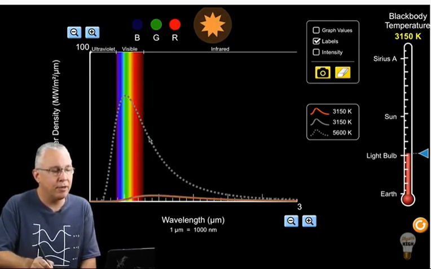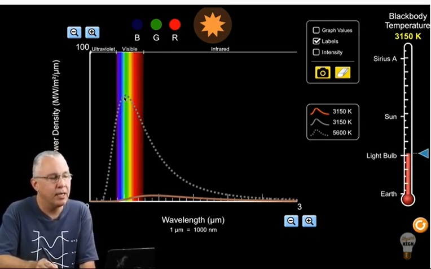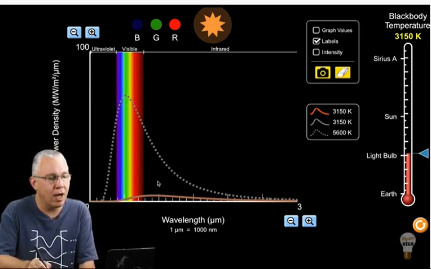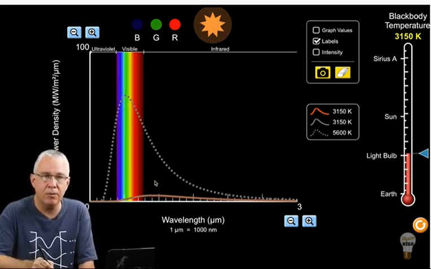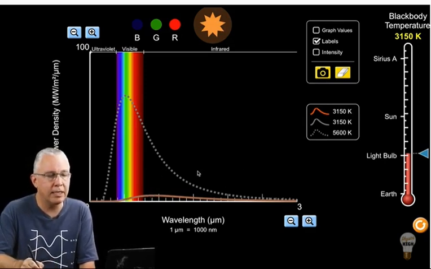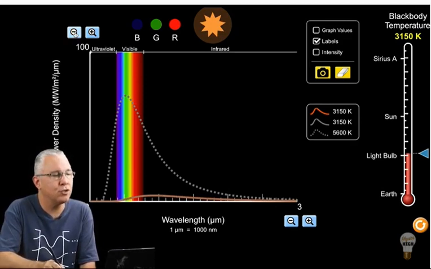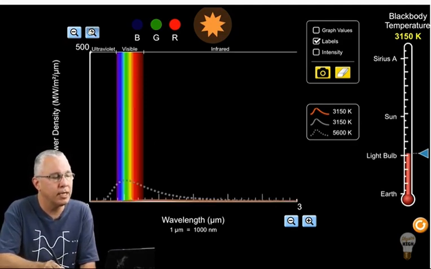So we have a drop in intensity for each of the wavelengths, but we also have a shift towards the right. In other words, the wavelength of the greatest intensity has certainly moved towards the longer end. Now, the issue here, of course, is the scale. So if I just reduce the scale of the y-axis, then we're going